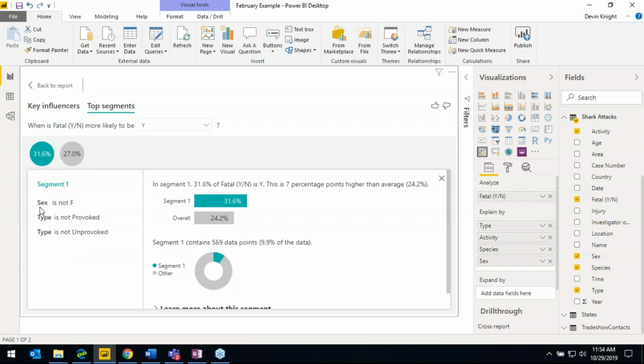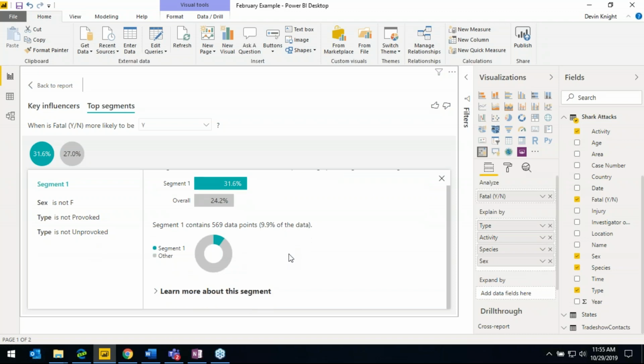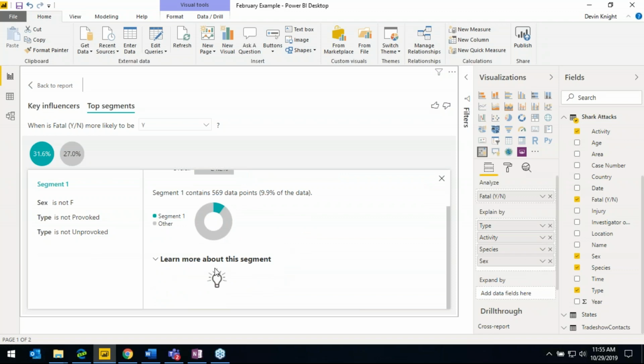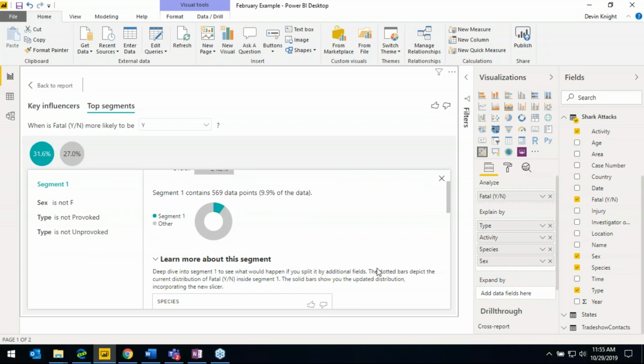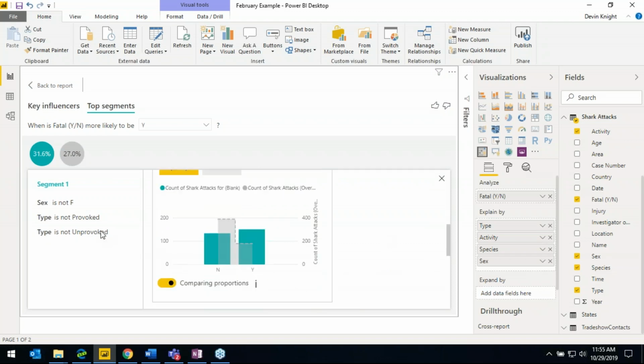So it looks like the sex being not female and the type of not provoked somehow got placed in here together. They grouped them together, which led to this segment, and you could even get more detail about the segment itself. If you want to learn more about this segment, scroll down a little bit more. By the way, you might find it a little unusual that the type of provoked and the type of unprovoked would end up in the same